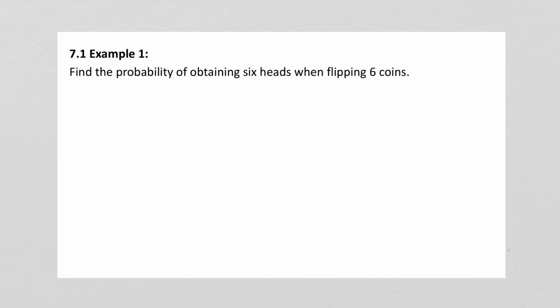Hello. Again, I wanted to record some extra examples for the probability units for each section. And these examples, again, are from your homework. So if you're having any problems with your homework, then you can look over here and hopefully get some extra assistance. So our first example from the first section is find the probability of obtaining 6 heads when flipping 6